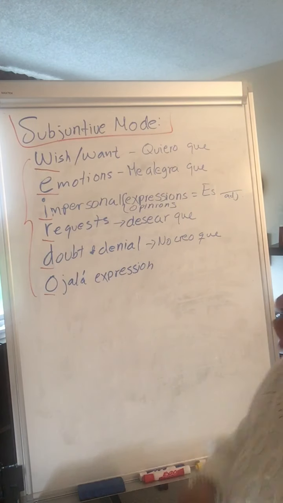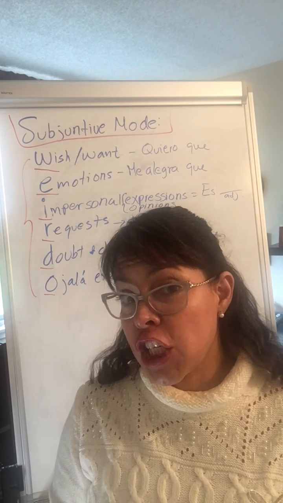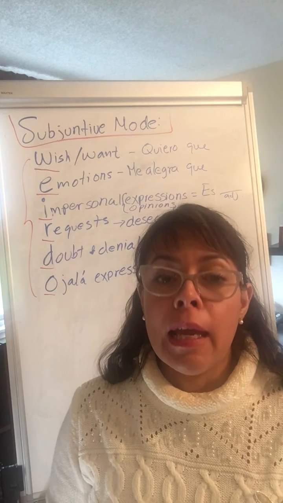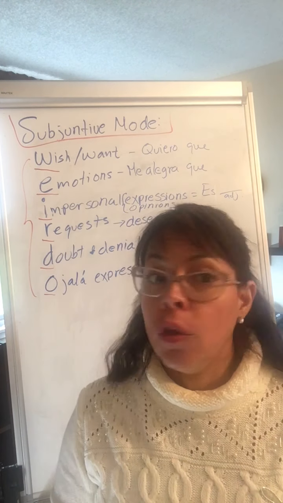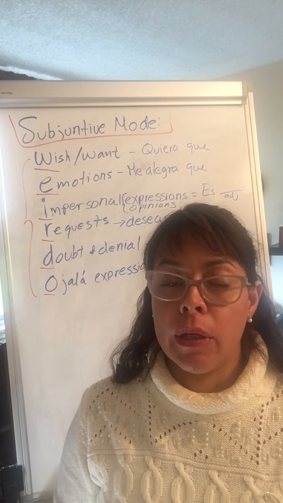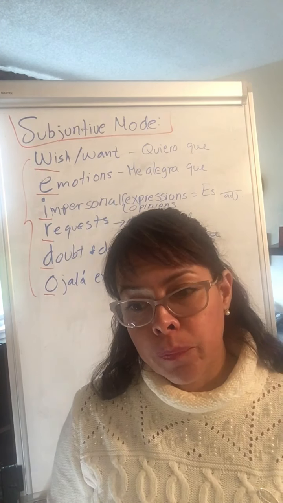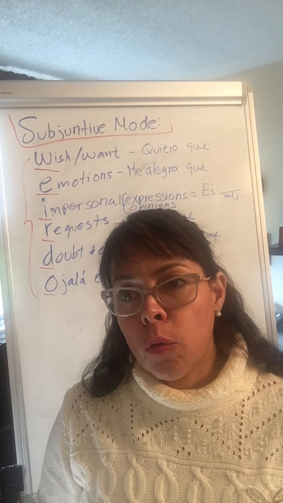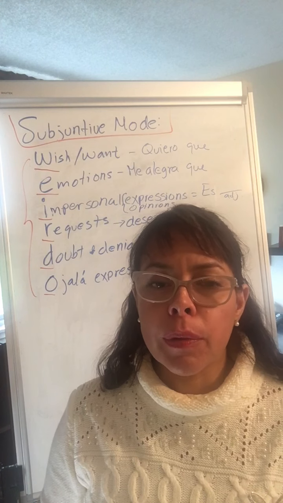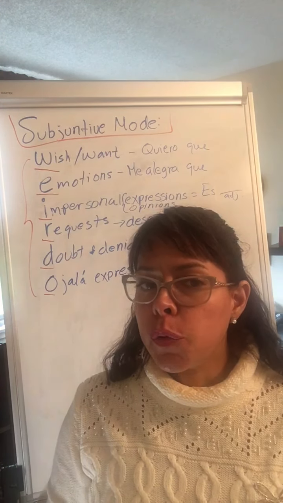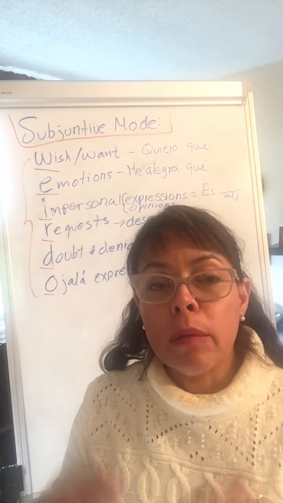Doubt or denial. No creo que haya fraude electoral. Haya is the subjunctive mood of haber. No creo que haya fraude electoral. No pienso que haya un virus mortal. So even though if it's true or not, that's my opinion, and that it's a doubt of denial about something,